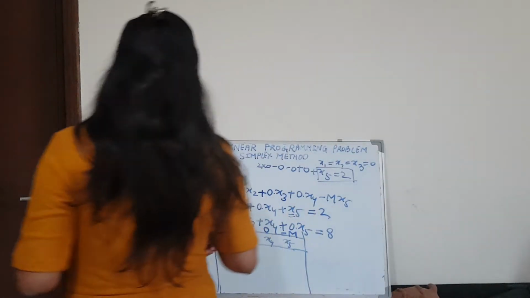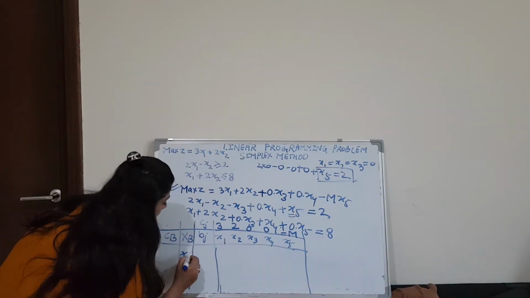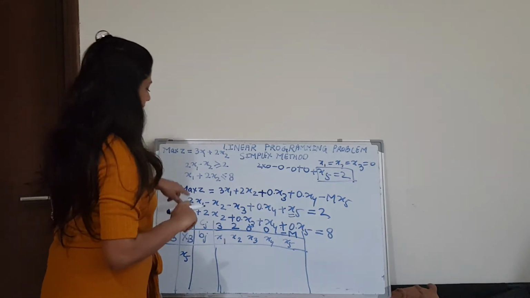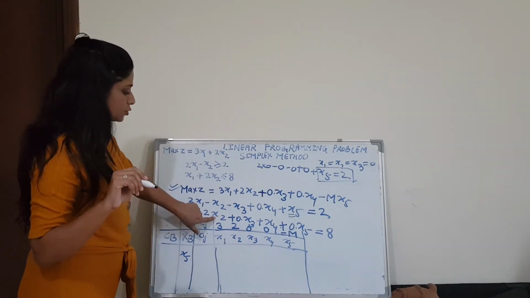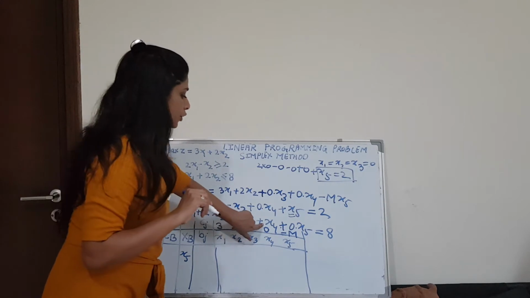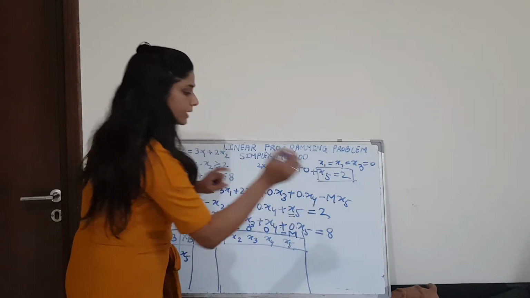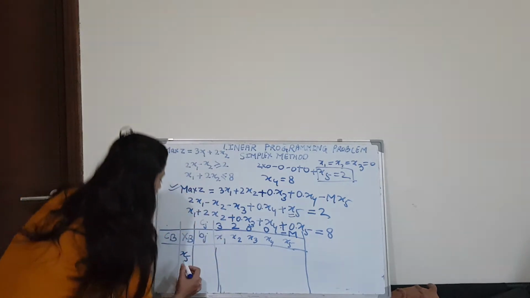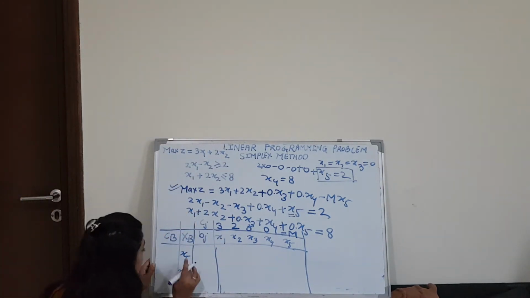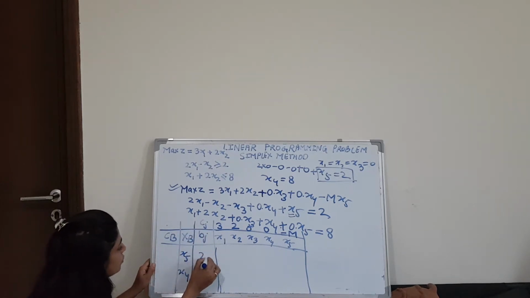Now from the second equation. From the first equation I am writing here x5 value we are getting 2. From the second equation we will put x1, x2 and x3 as 0. I am doing it directly here: 0, x2 0, x3 0, x4 we will get, and 0 into x5 is already 0. So x4 is equal to 8. So we have two variables here, x5 and x4. Bj is the value of these variables. So x5 value we are getting 2 and x4 value we are getting 8.